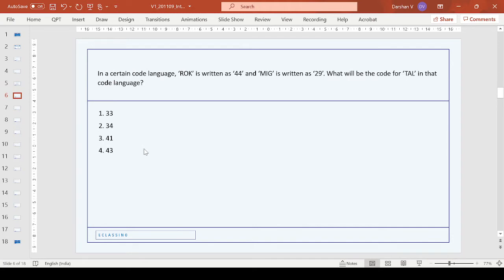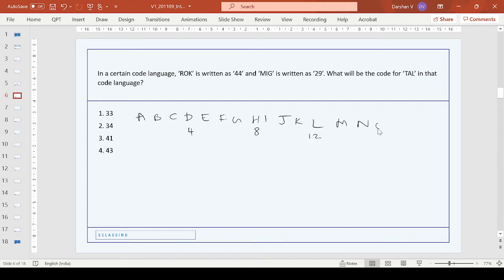Again, another coded language. Now if you look at these letters R, O, K, it is written as 44. By intuition, we can see that it could be the numerals corresponding to each of the alphabets which are getting added up. So we need to check this. I don't remember the alphabets and the corresponding numerals, so I'll just write it down quickly. We have A, B, C, D. D is 4th. E, F, G, H. This is 8. I, J, K, L,